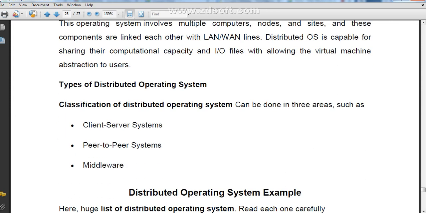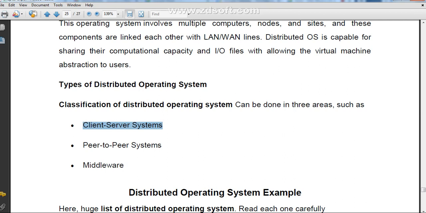So there are types of distributed operating system. The classification of a distributed operating system: a client server system, where there is one client and another computer works as a server. Then the peer to peer system, which means computers are directly connected to each other, that is peer to peer.